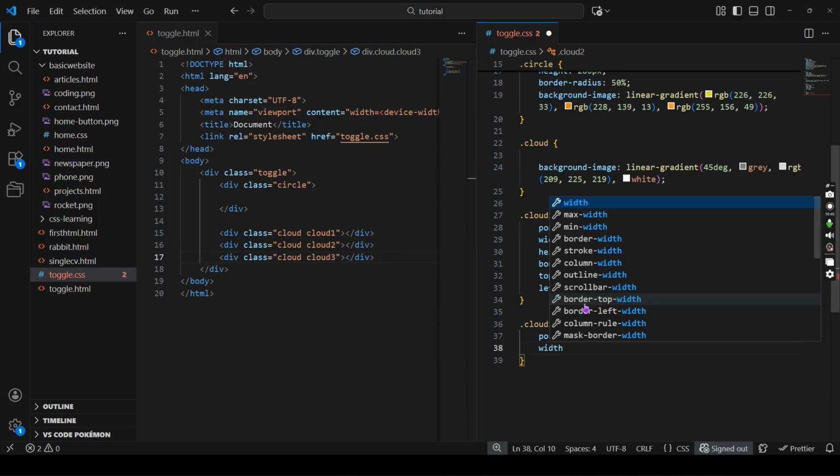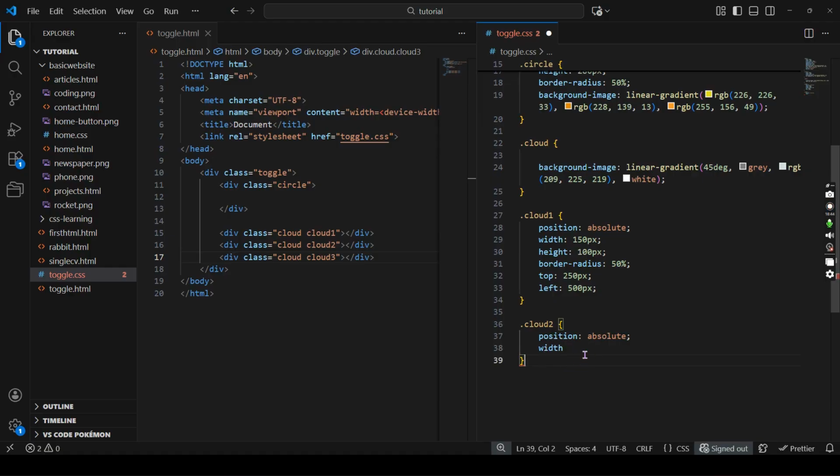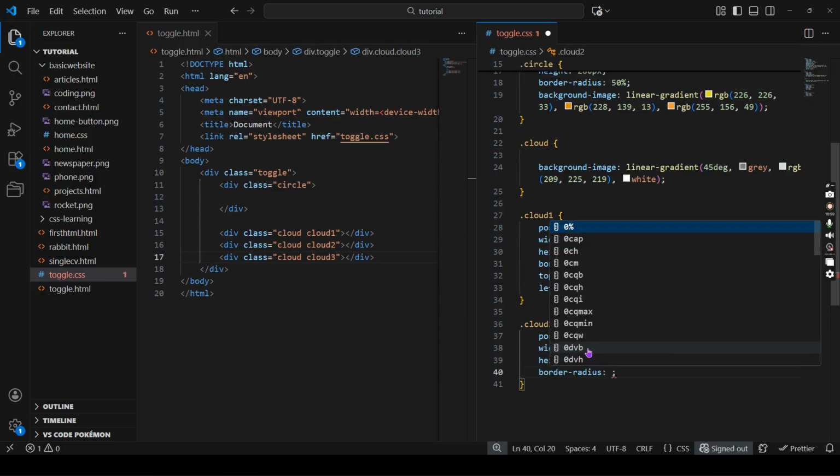This one I need to be a proper circle really. So width 150px, height also 150px, border radius 50%,